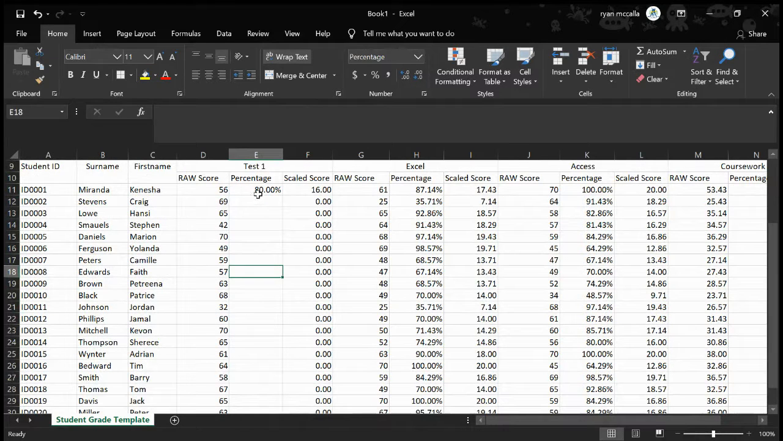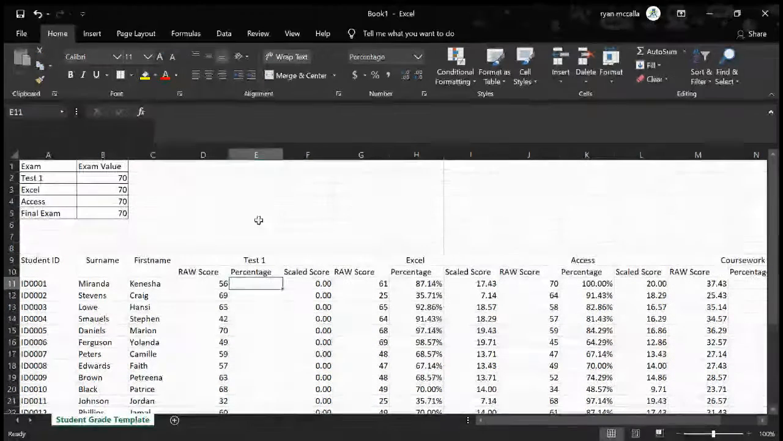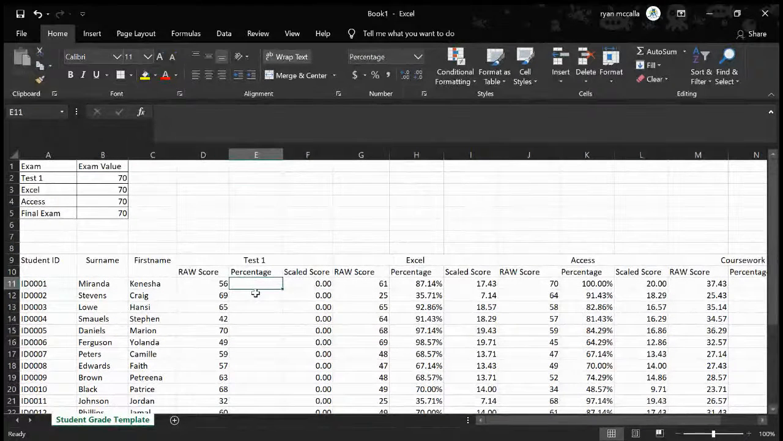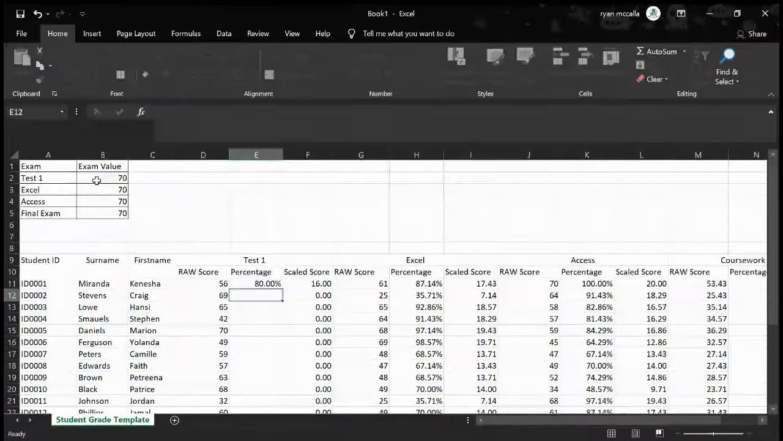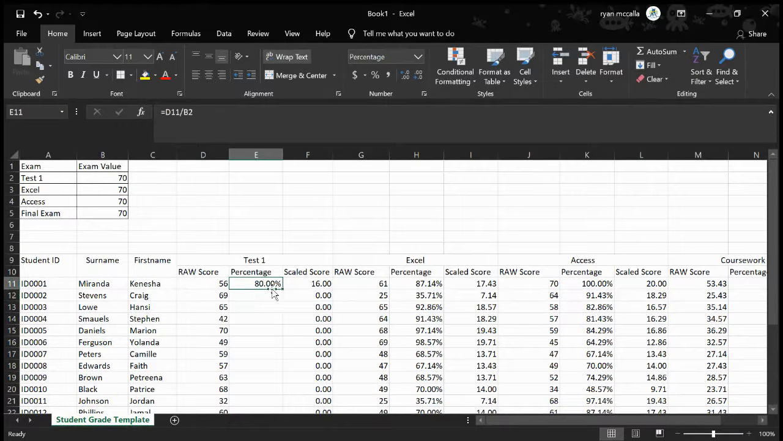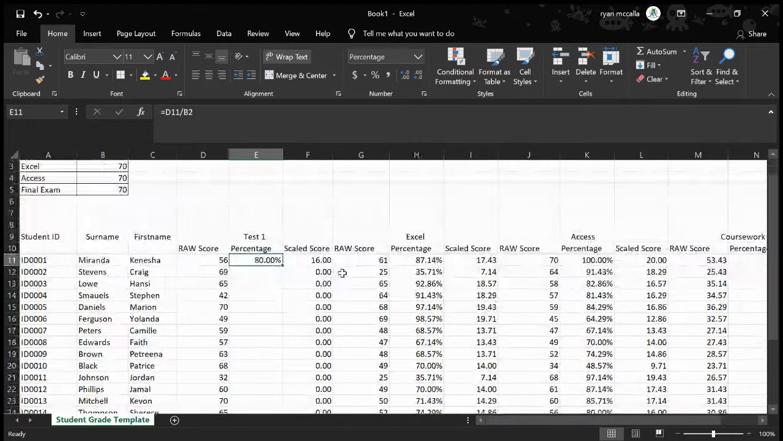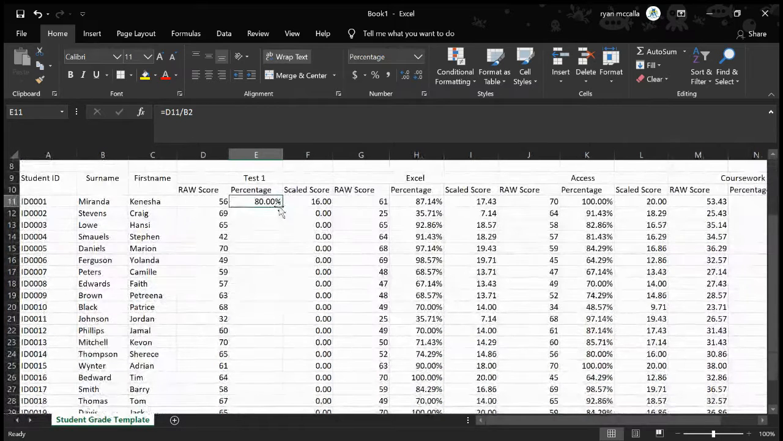All right, so let me show you what would have happened if I didn't reference it. So the formula to calculate the percentage would have been equal to 56 divided by 70 for test 1. Yes, I would have just had B2, but if I wanted to use the fill handle, as the question said, you should copy the formula to the other cells. So if I went ahead and copied that formula,